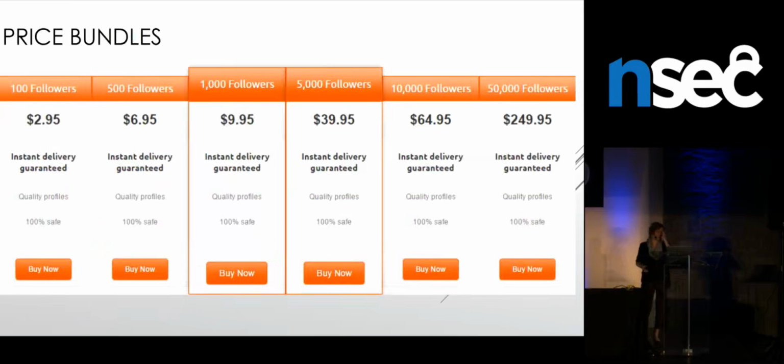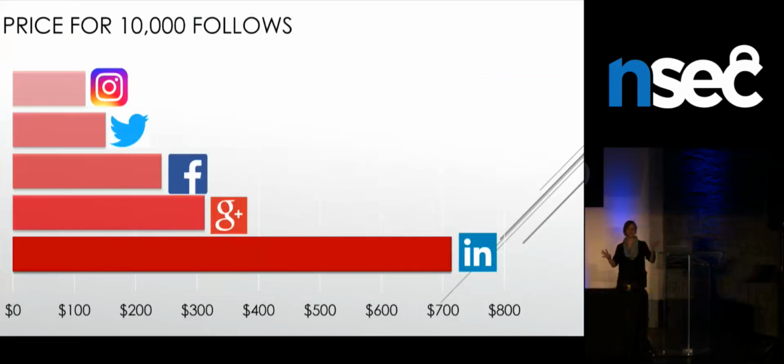If you look at the prices, it's mostly all in bundles. It goes from 100 followers to millions. And here you've got an example of 1,000 followers for $10 on Instagram. So that's the price around. While gathering the data, because we didn't know at first that the botnet was actually focusing on Instagram, we gathered information on all social networks. And because I spent lots of time doing that, we wanted to show you a bit of the prices.